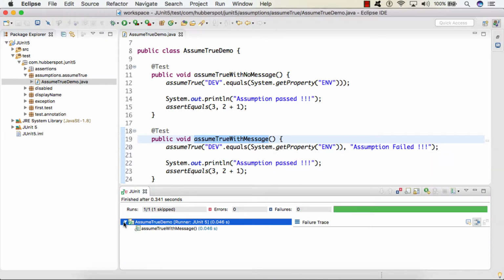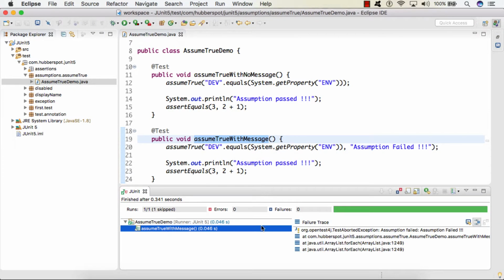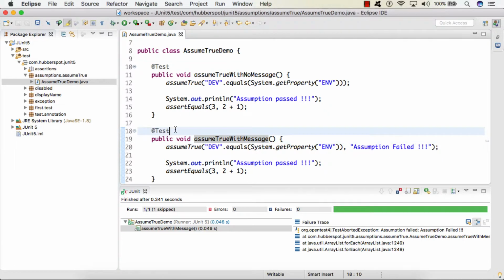So here you can see that our test case got skipped. It gave test aborted exception, assumptions failed, and it printed our own customized message saying assumption failed. So friends, this was the second overloaded method.